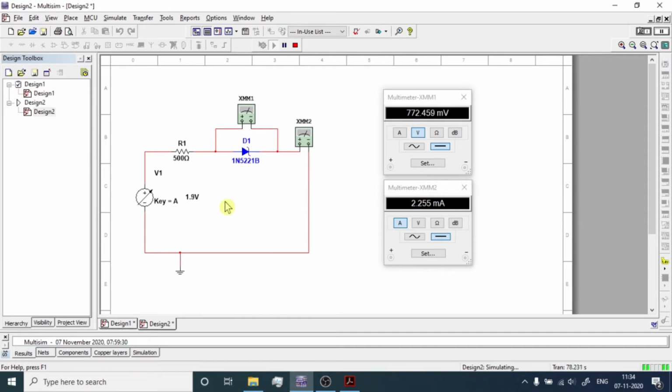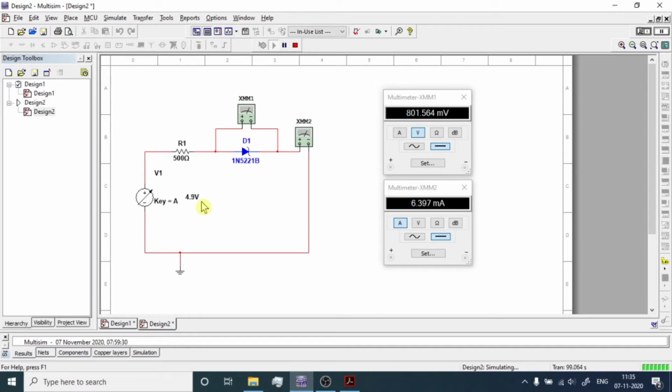So we have provided almost 2 volts here, and see it's 2.4 milliampere of current flowing through the circuit and almost 0.77 volt across the diode, right? When we have provided 3 volts over here, it's almost 4.4 milliampere of current. So let's increase it up to 4 volt, and now it's almost 0.8 volt across the diode and 6 milliampere of current is flowing through this, right?